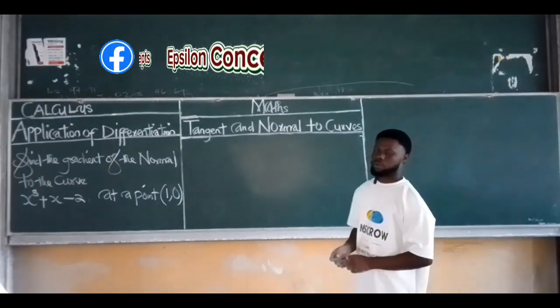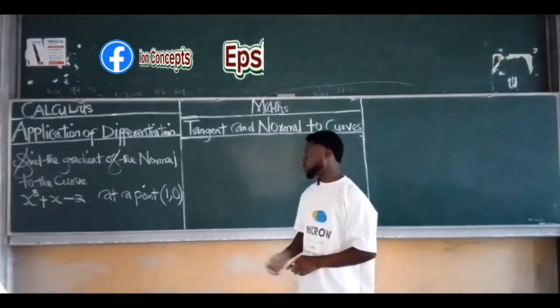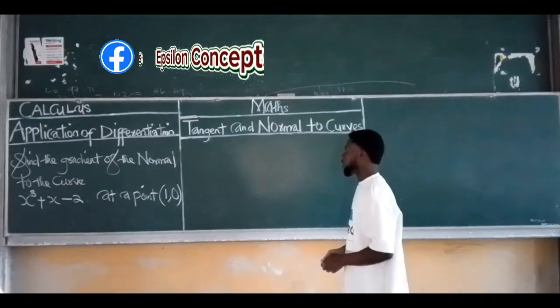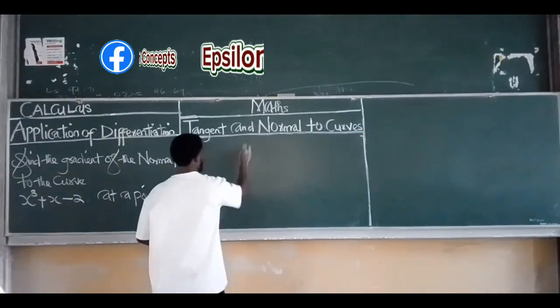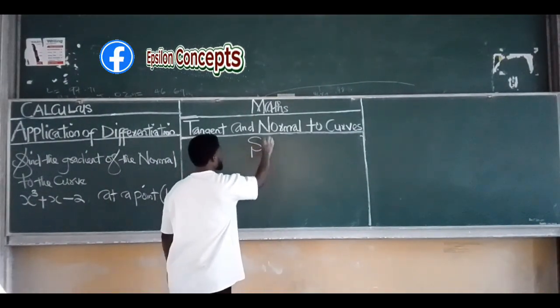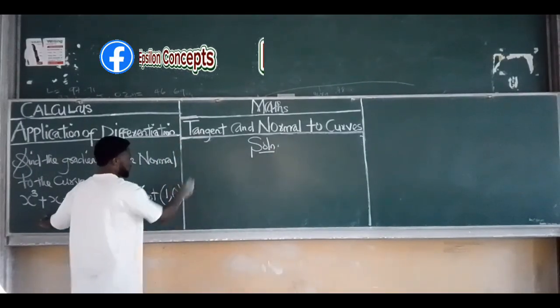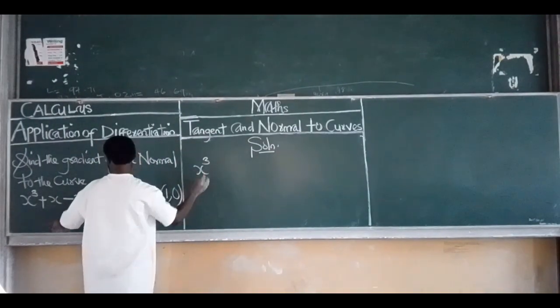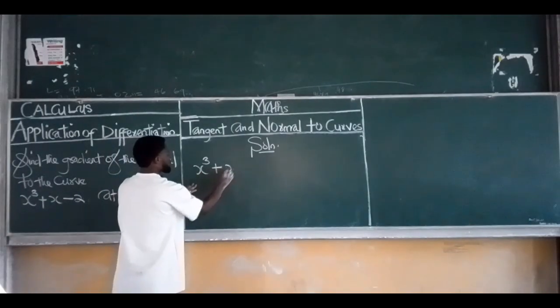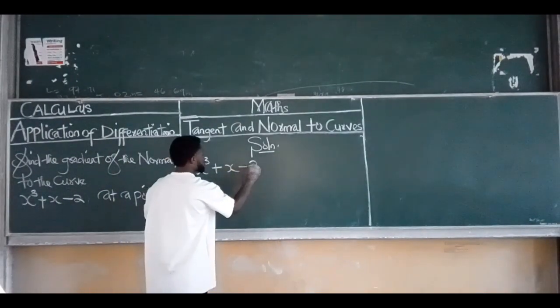So the first thing we must do is to find the derivative of this function. And solution, the function is x raised to the power of 3 plus x minus 2,